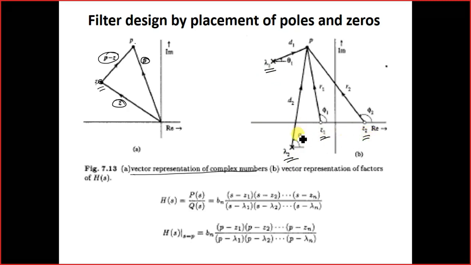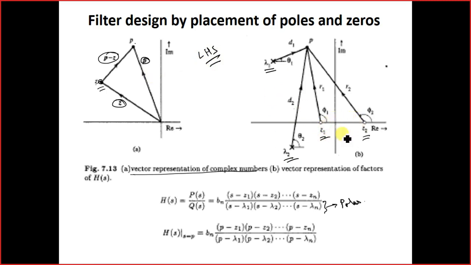Okay. Lambda 1 and lambda 2, if you see in this equation, we are representing the position of the poles. So these are the position of the poles, and if you look carefully, the position of the pole is on the left hand side. Both the poles have been put on the left hand side. So this is the primary requirement while designing a filter in the Laplace domain. You have to keep all the poles in the left hand side.